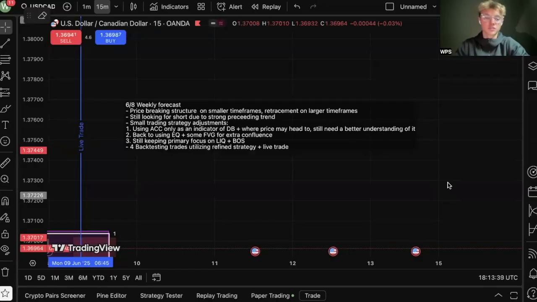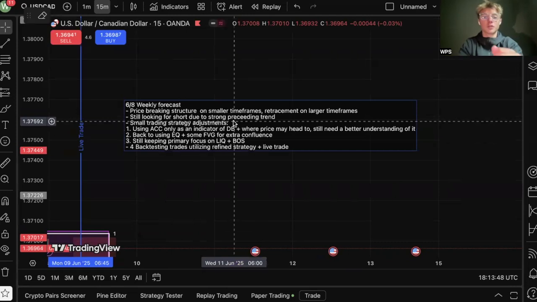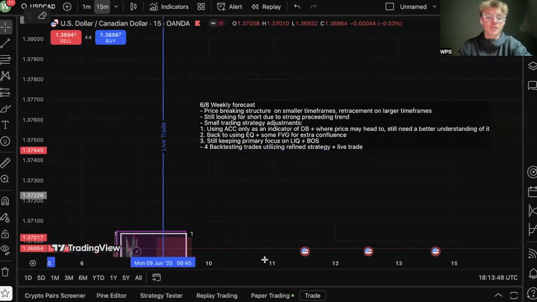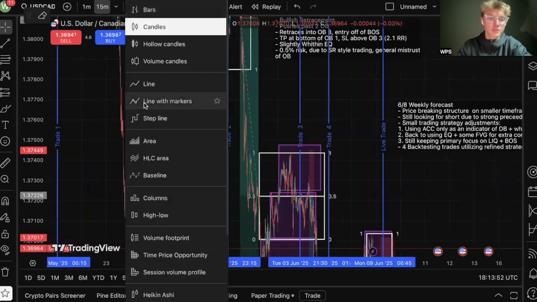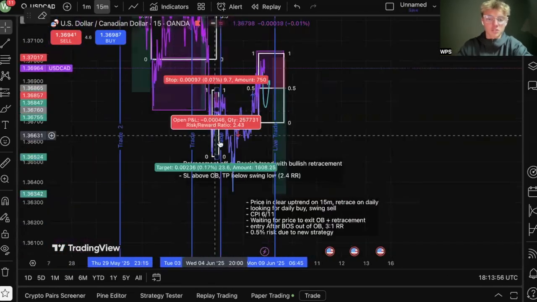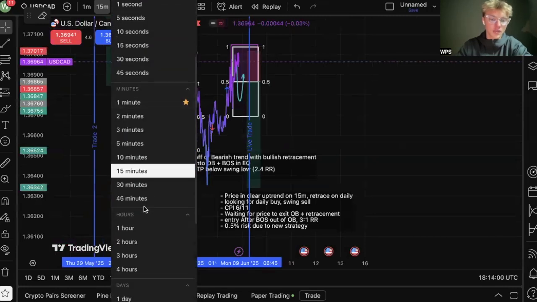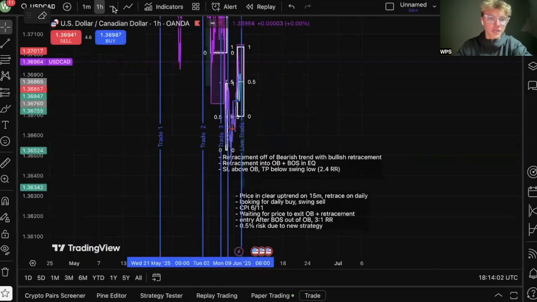All right, so this is my April 8th weekly forecast. Overall, what I've noticed is prices breaking structure on smaller time frames and it's making a retracement on larger time frames. If I go to the line chart, price has broken structure to the upside here on the 15-minute, but if you go on the hour or on a larger time frame like the daily, even price